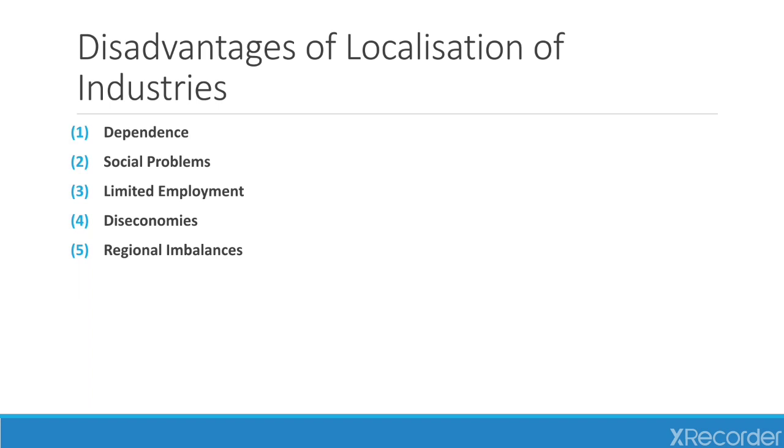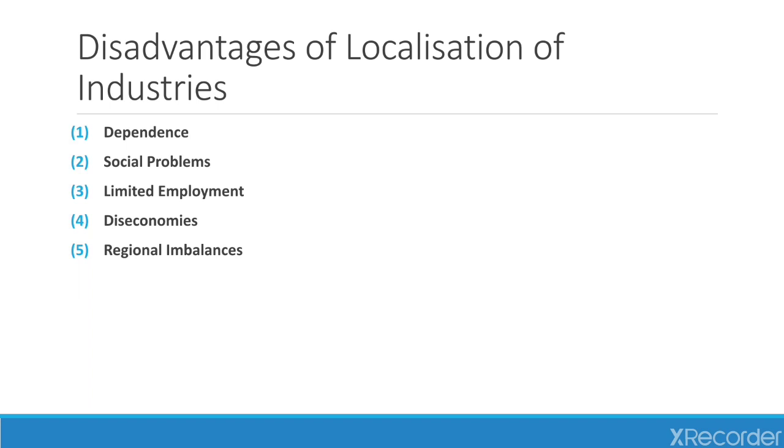Regional imbalances. Concentration of industries in one region or area tends to lopside the development of the economy. When one industry is localized in a region, it attracts more entrepreneurs who establish other industries there because of the availability of infrastructure facilities like power, transportation, finance, labor, etc. Thus, such regions develop more, while the other regions remain backward. Employment opportunities, the level of income and the standard of living increase at a higher rate in this region as compared to the other regions in the country.